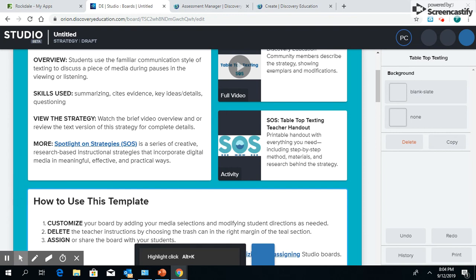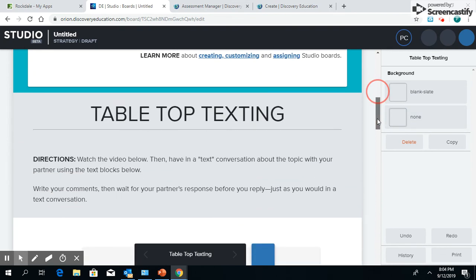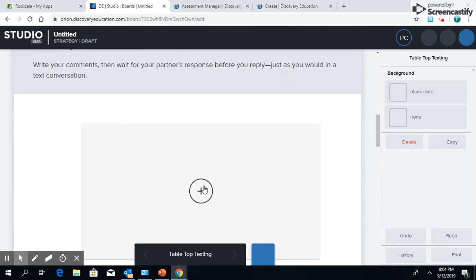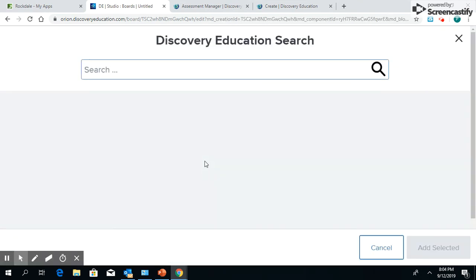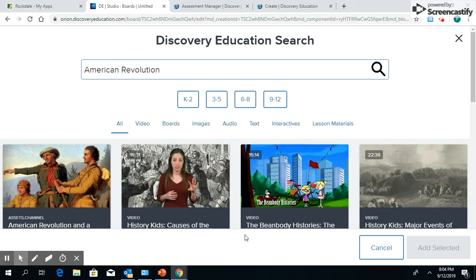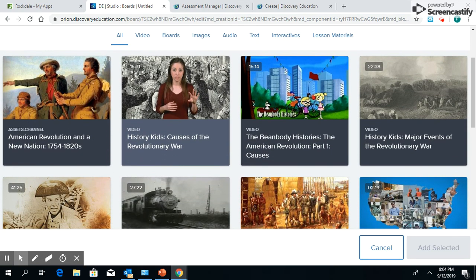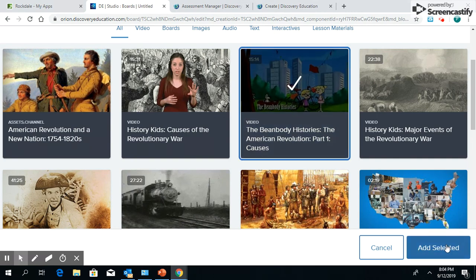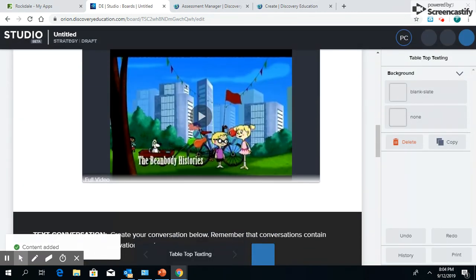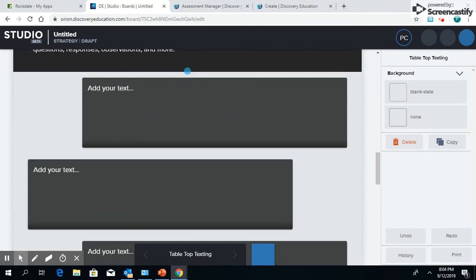So within the template, it gives you the directions on how to use the strategy and how to use the template. And then you would basically find content on Discovery Education to add to the lesson. So if we wanted to do the American Revolution, I could find a video, click it, add selected, and now my content has been added in, and it gives the students the